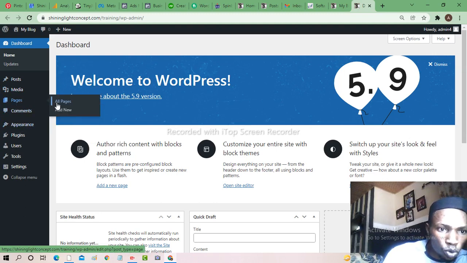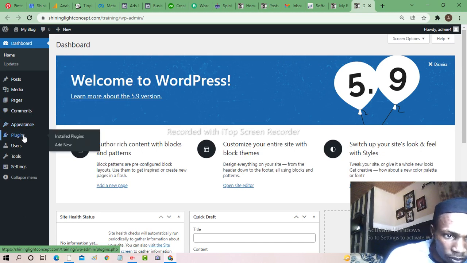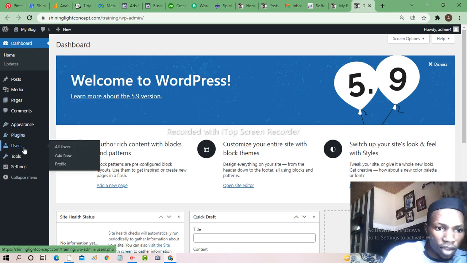Under appearance you have the themes, editors. Under the plugins you have installed and add new. We have the users. Under the users we have all users, add new, and profile.